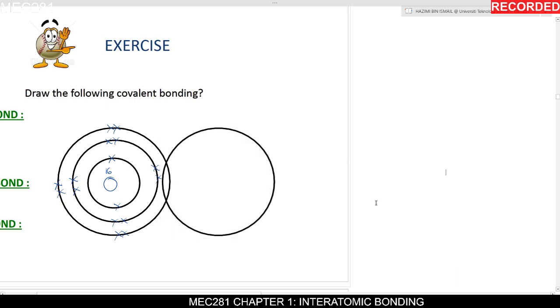Okay, another oxygen. I just put it as 16. Okay, so we have 6 electrons in the most outer shell. 2, 4, 6. Okay, so here we have to